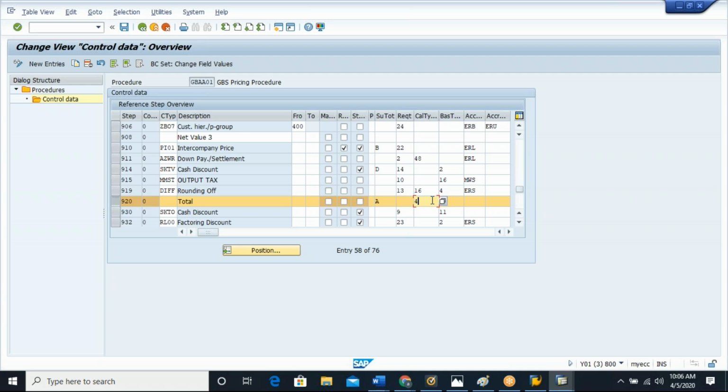Hello? Yes, Venkat. And then the condition base value. Basically, whenever the system is performing some calculations, whenever the system is performing the condition type processing,